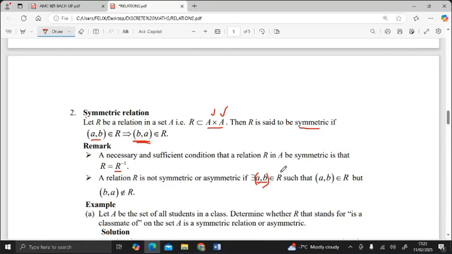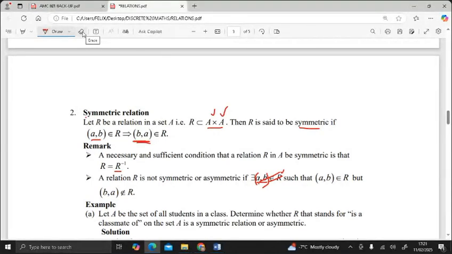If we have only A comma B, then we're talking about elements in the set A. But if you have brackets, then this is an ordered pair that is in the relation. We say in this case A is R related to B. And we say that it is not symmetric, or asymmetric, if there exists a pair where A is R related to B, such that